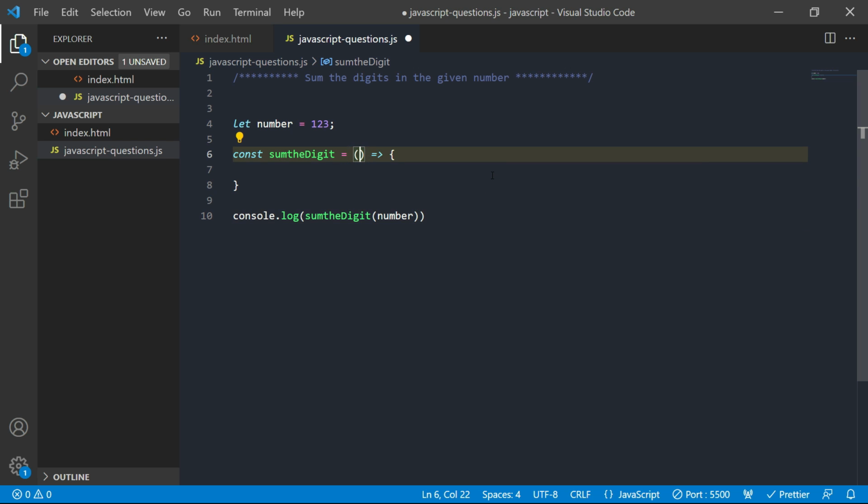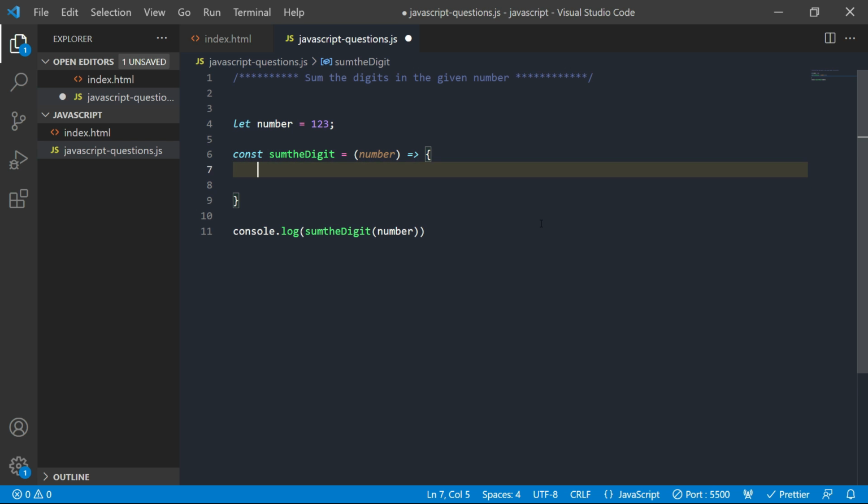So this should accept a number as an argument. Okay, so now let's make this number an array of numbers, so that we can use the reduce method on that array.